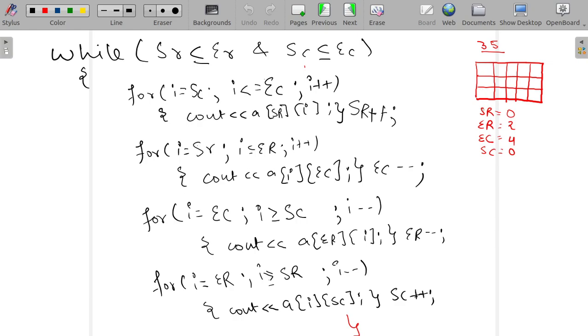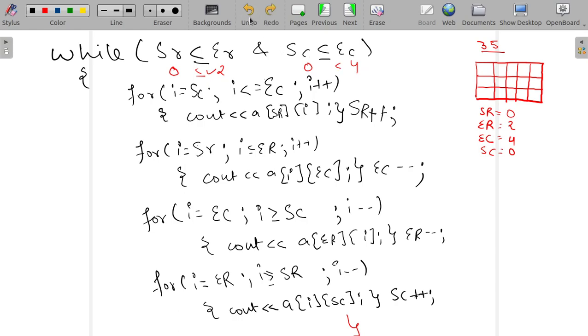So when it enters this while loop, all the conditions will be fulfilled. As you can see, the value of SR is 0 and the value of end row is 2. So 0 is less than or equal to 2, right? And the value of start column is 0 and end column is 4, so 0 is less than or equal to 4, right?